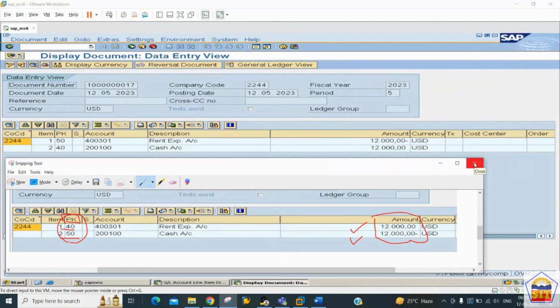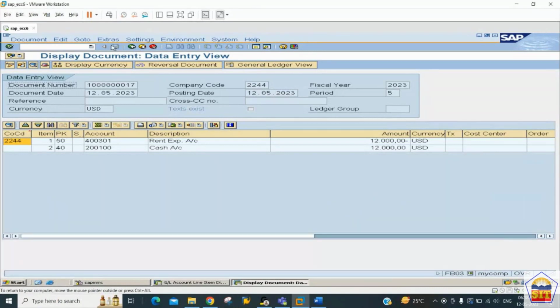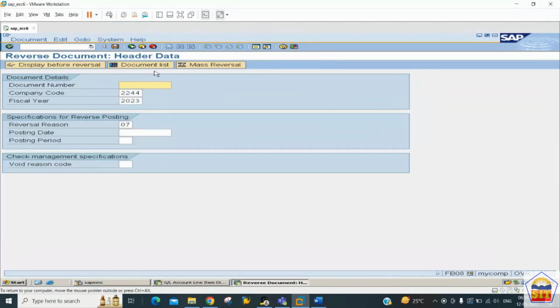Okay, so this is a single reversal we have made. Likewise, we can do the mass reversal also. How is the mass reversal to be done? In order to do the mass reversal, we need to use the same transaction code, nothing different. Go to FB08. Here you have the option mass reversal. Click on this,